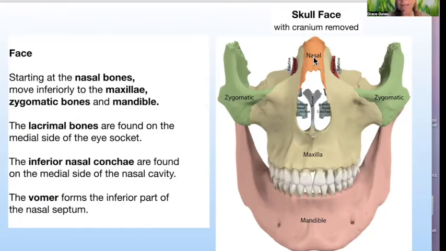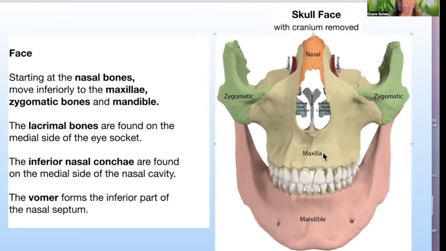Okay, so the face, starting at the nasal bones and moving inferiorly to the maxillae, which some people describe as one piece and other people describe as two pieces. Martini describes it as two separate bones, so we will describe it in our discussions as two separate bones that are joined in the midline. But in any case, it's not called maxillae in this little picture, but instead maxilla. But okay, so starting at the nasal bone, going to the maxillae, and then the zygomatic bones laterally, and then the mandible, and then looking inside the nose and the eyes, there's the lacrimal bone